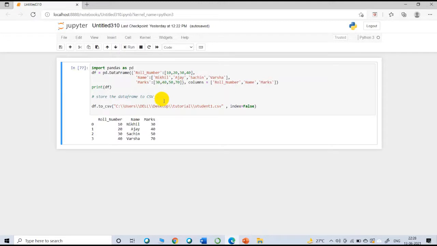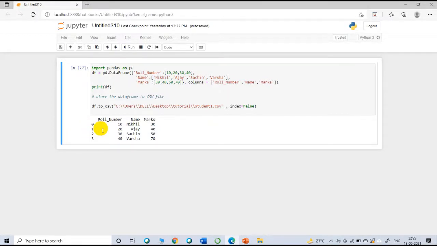What does it mean? See, whenever I'm creating a data frame, as you can see, there are three columns: roll number, name, and marks. But this index will appear automatically. This is the default index: 0, 1, 2, 3. These row indexes will appear automatically by default.